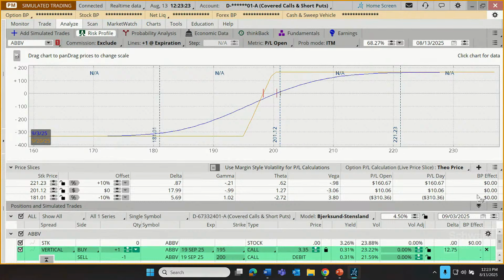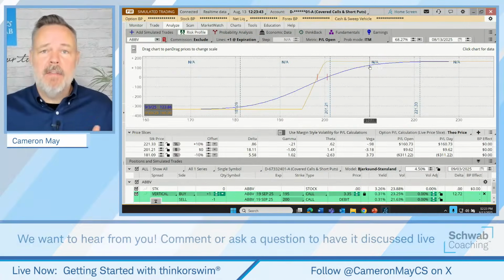I've specified a time here. Right now we're on September 3rd. And I can intersect anticipated price levels with that time curve and figure out how much the profit or loss would be projected to be at that point. However, that's not everything when trading options. What's missing? What's missing from this equation?